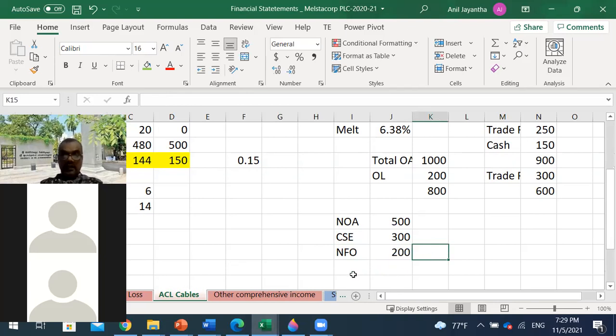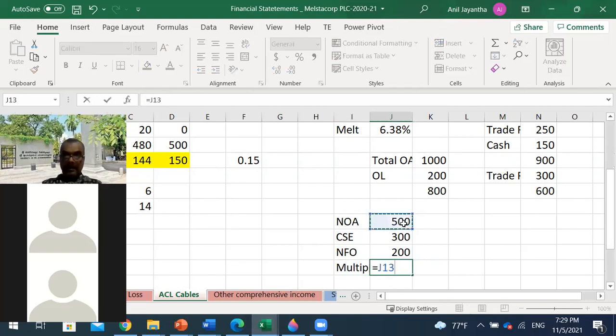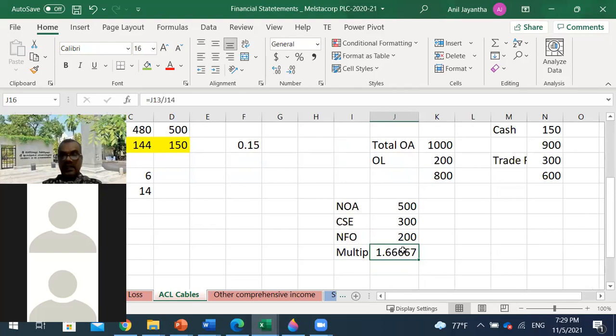So that particular ratio for the multiplier becomes 1.66. Okay. The importance of equity multiplier is